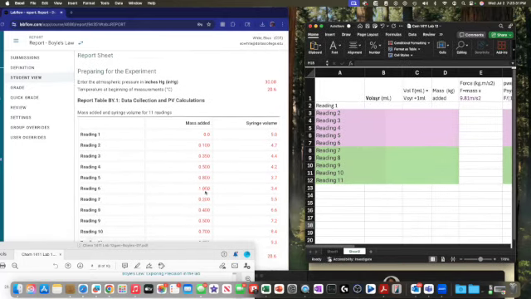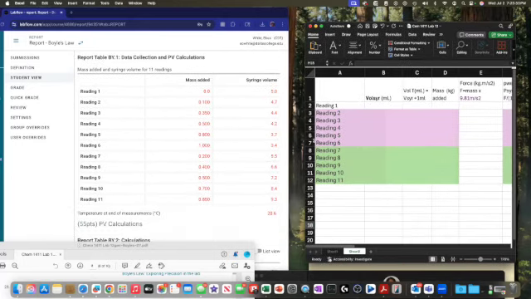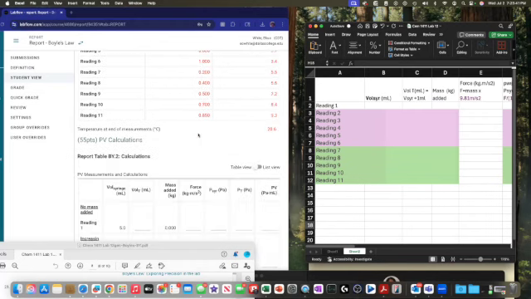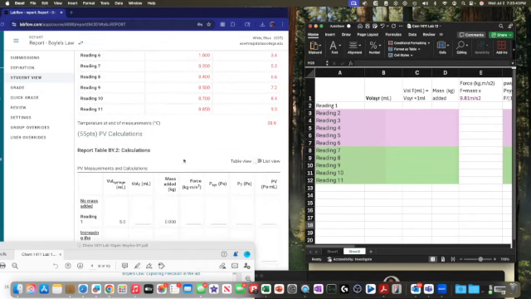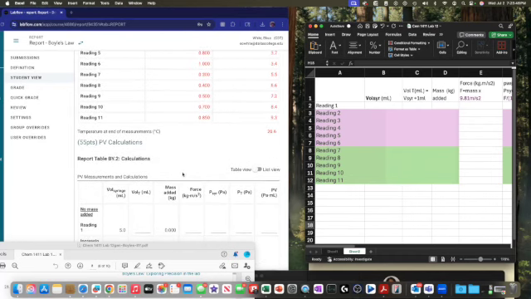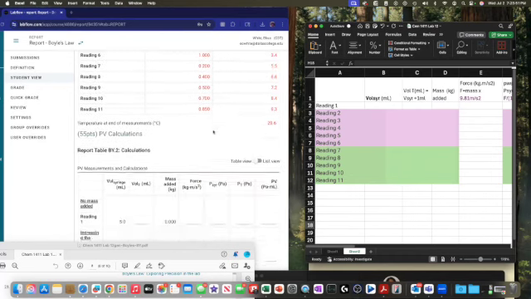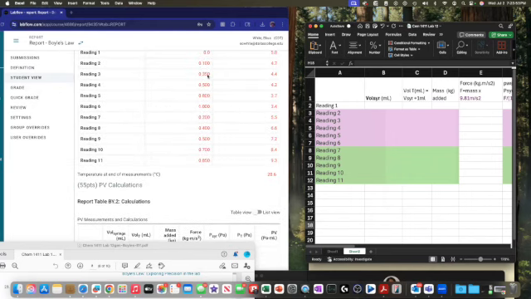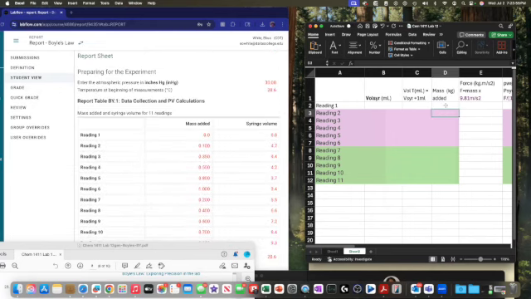Okay. So here, let's see. We have reading 1 all the way to reading 11. And then here we have the different masses. Oh, I see. My Excel spreadsheet was trying to copy the second one here. So you see, we have the masses added that corresponds with that. So let me copy this mass added here. So this is going to be 0.0, 0.1. So you see, I'm inputting the masses, right? 0.35,